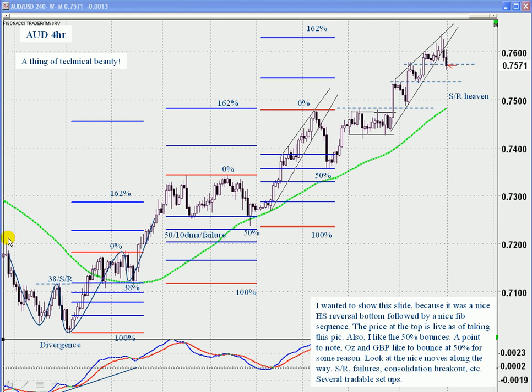Now the Australian dollar, it's a 4-hour chart, and the ranges on the Australian dollar are really quite narrow, and the Australian dollar also likes the 50% retracement for some reason. We see here price forms a low. We have our key reversal day. Our key reversal day retraces to the 38% retracement, support and resistance, 10-day moving average, and then kicks up into a rally,